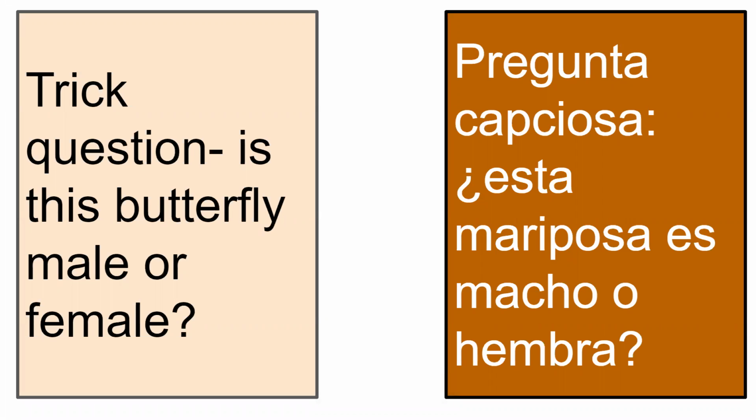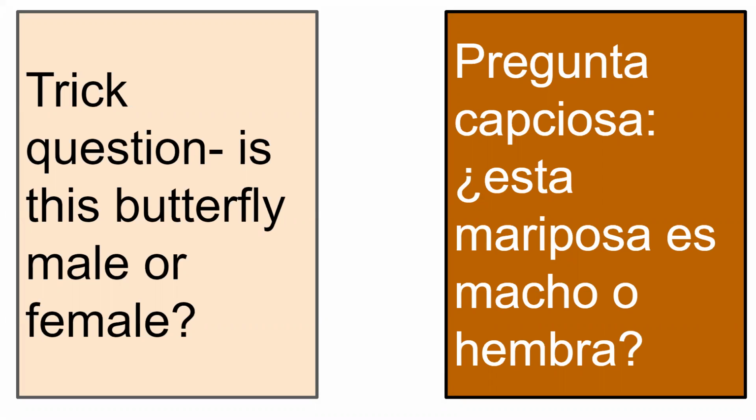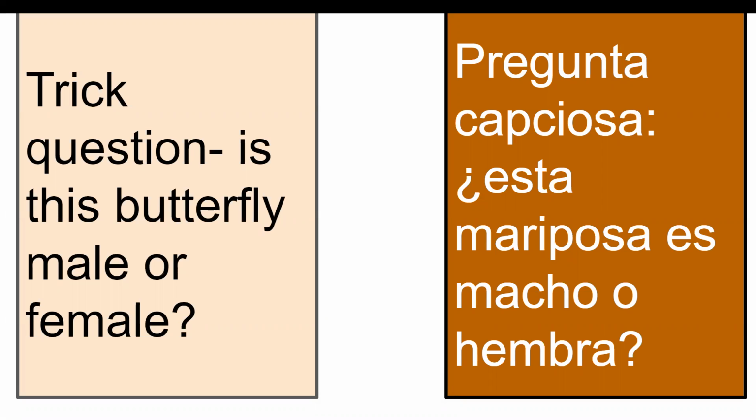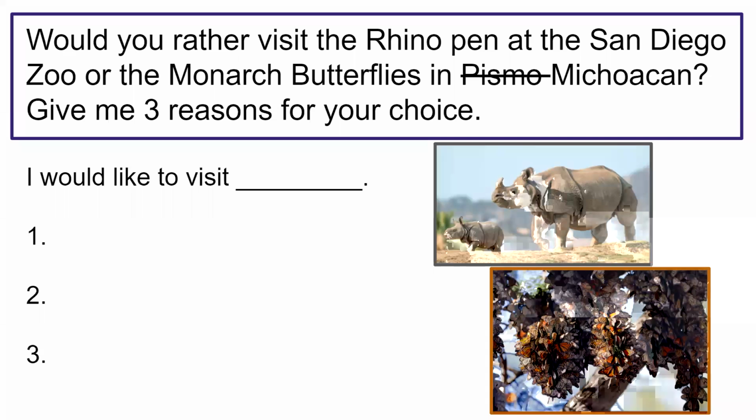But the next part was, when I got to know the parents a little bit more, I had learned that a lot of the families came from one state in Mexico. That was also one of the reasons why I had chosen the monarch butterfly, because I know it comes from that part of Mexico. And what was cool too is I added trick questions. Because I knew that the parents had been educated in Mexico, the parents knocked out all my trick questions, and then I went and changed up my original